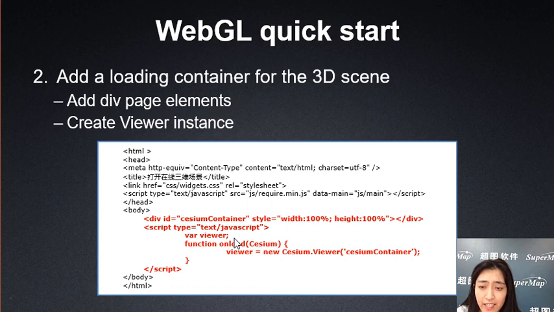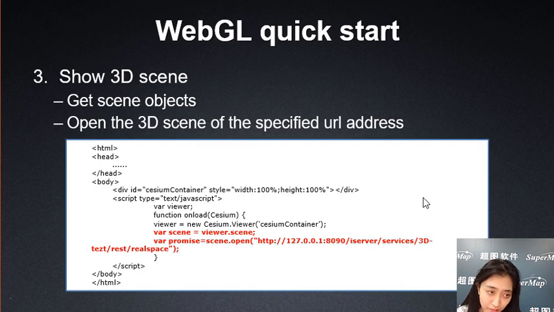Okay, and then create the corresponding viewer instance by passing the ID of the corresponding loading container. So we should add a function, and write viewer equals new system.viewer with the container. That is creating the viewer instance by using the ID of the loading container. Use the loading ID,